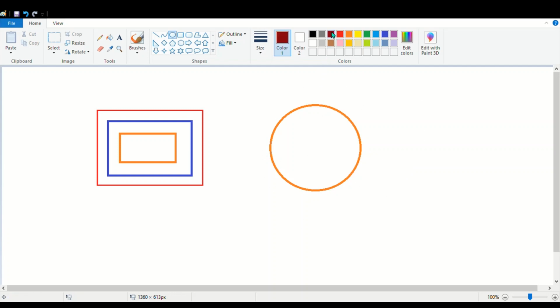I can change the color. Again, press the left mouse button, keep it pressed, move it, circle is drawn. I can change the position by holding the mouse. You have to keep your left mouse button pressed when you see these 4 arrows and you can move the shape anywhere. Once you click outside, now you cannot edit this shape. So this is how you can use the rectangle and the oval options.